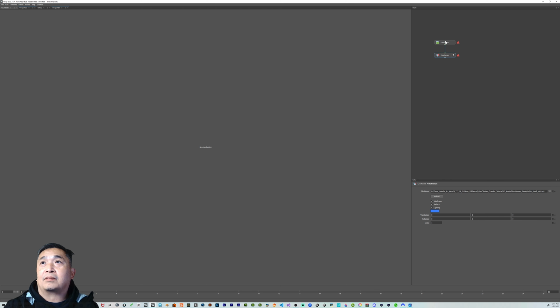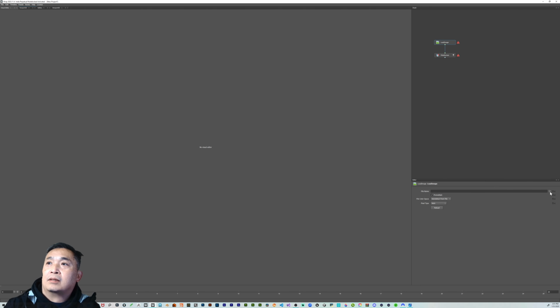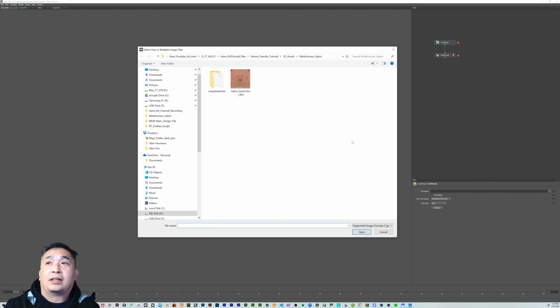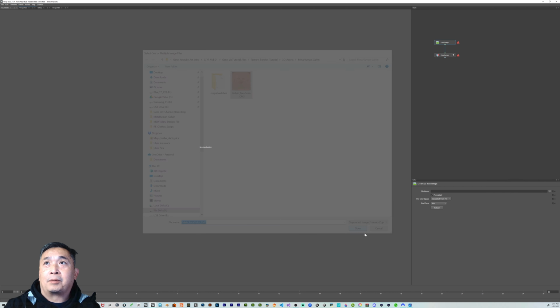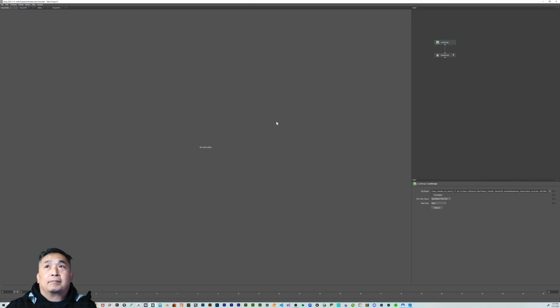Okay, and we're going to go to load image. So that's going to be the texture map. So from here, we're going to click on the 3 dots again, down here. Then we're going to import Galvin's textures. Is here, a beetle map. So now, as you can see, the exclamation mark is gone because everything is working correctly